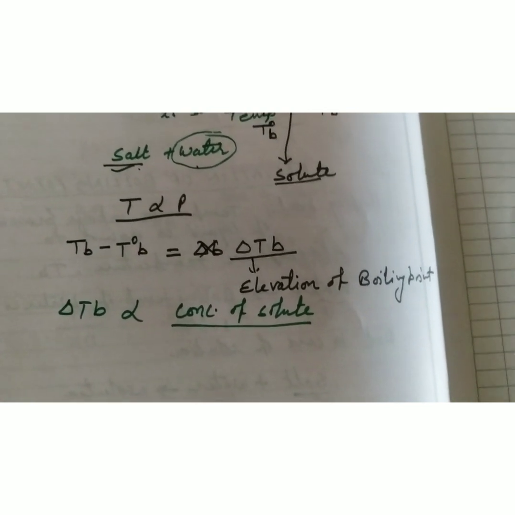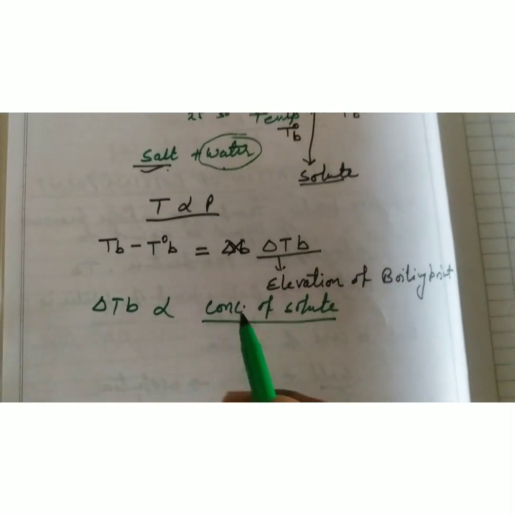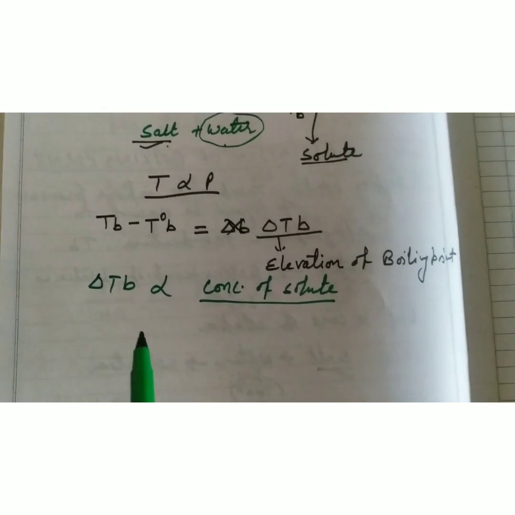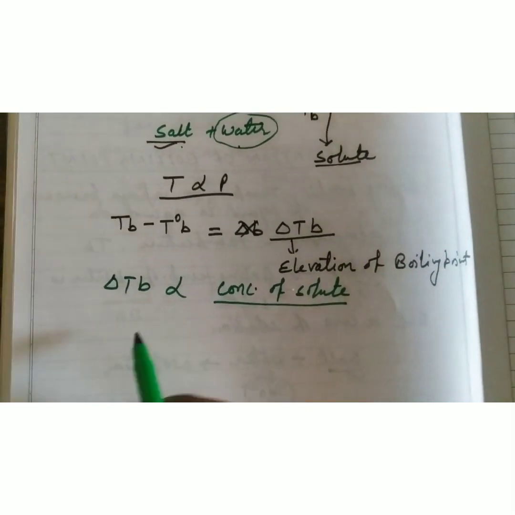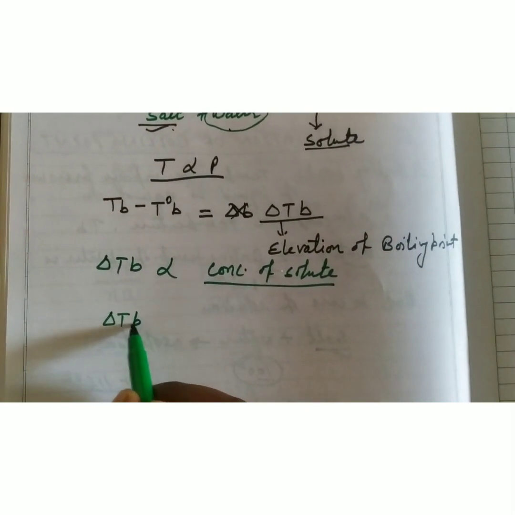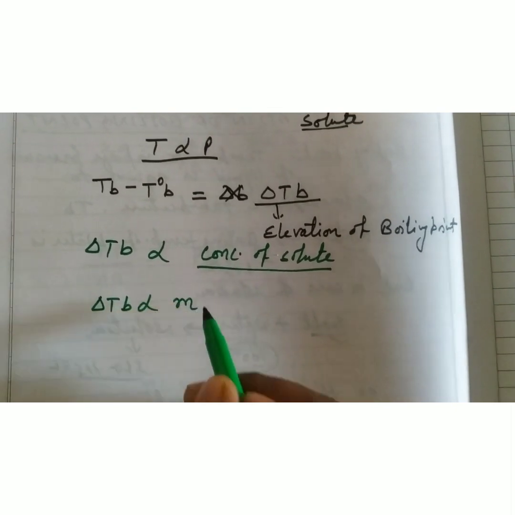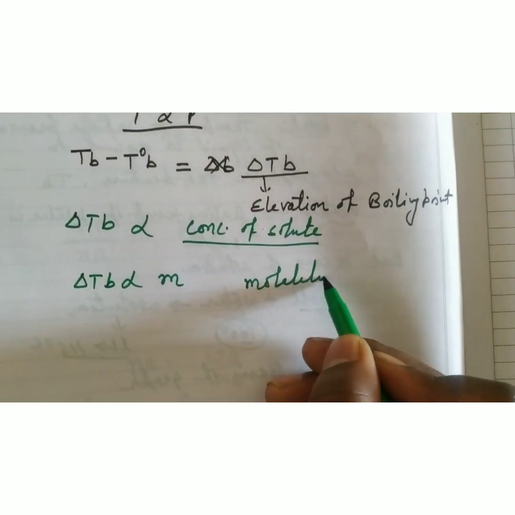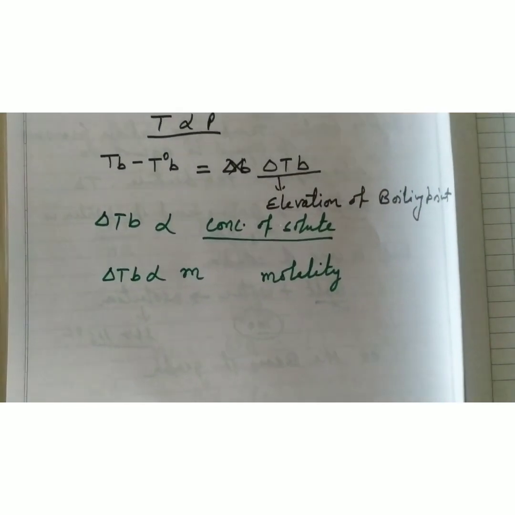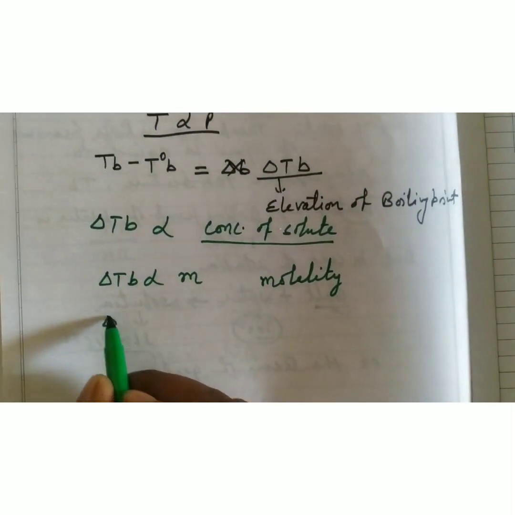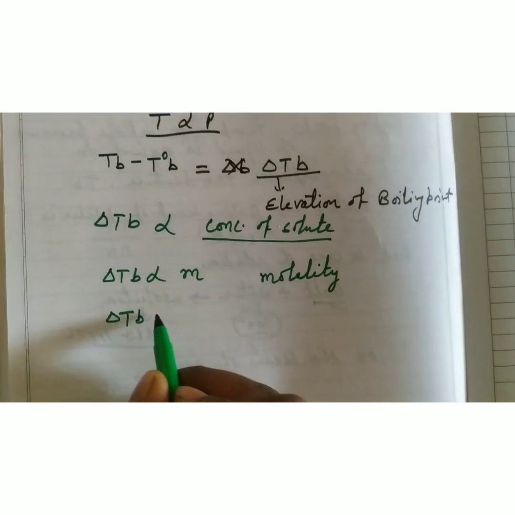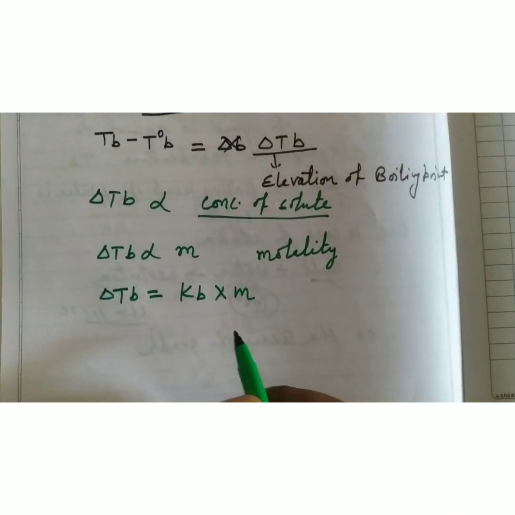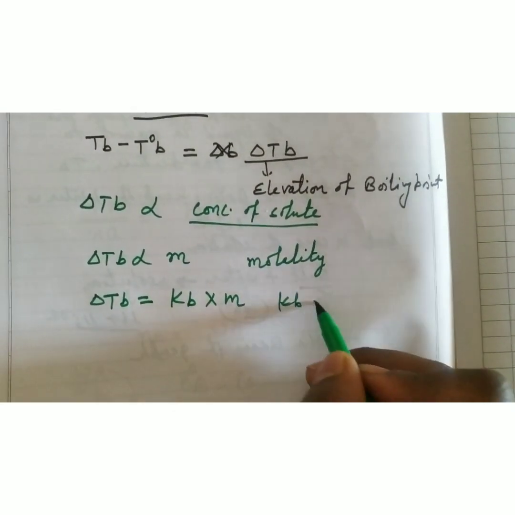The elevation of boiling point becomes larger due to the concentration of solute. Okay, in terms of concentration, delta TB is directly proportional to m, where m is molality. Clear? So by removing the proportionality constant, delta TB equals Kb multiplied by m, where Kb is